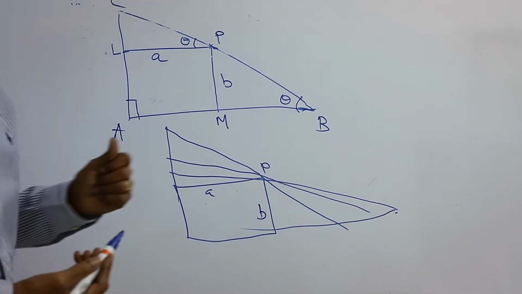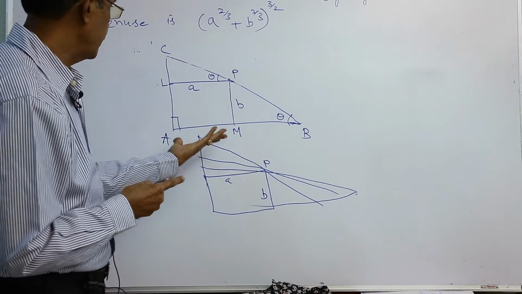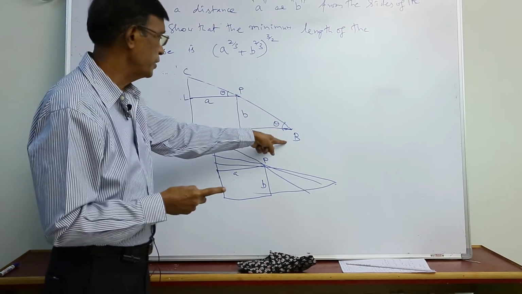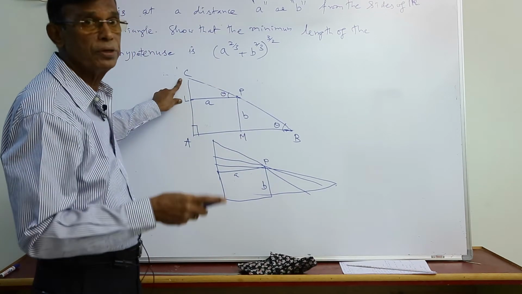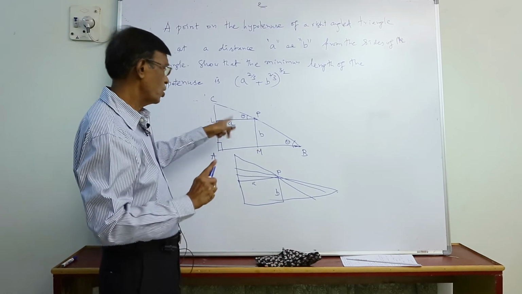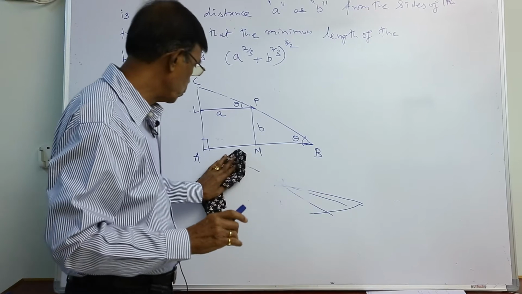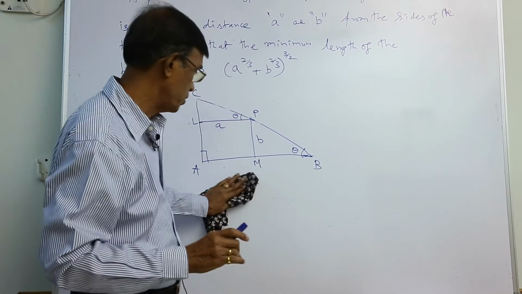Now you are going to find theta in such a way that the length of the hypotenuse BC is going to be minimum. This you have to explain to the students. This is where normally they get confused. Think as though you are a student sitting in a class and listening to a lecturer. That is the most important thing.